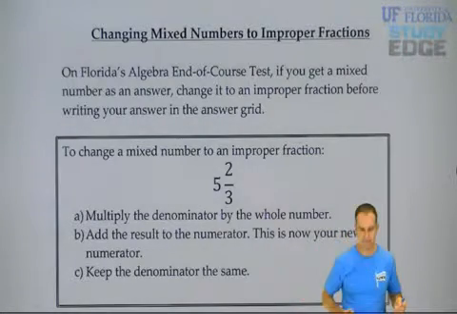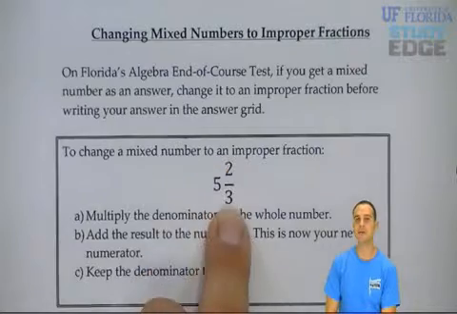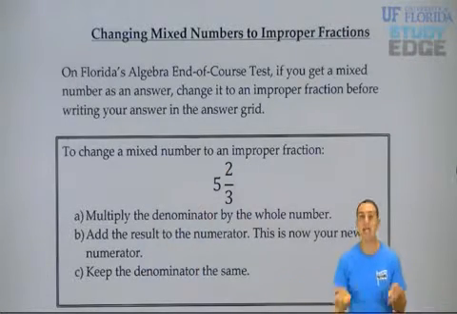Well, it's 3 steps. Ready? If you have 5 2/3 as your mixed number, and you change to an improper fraction,